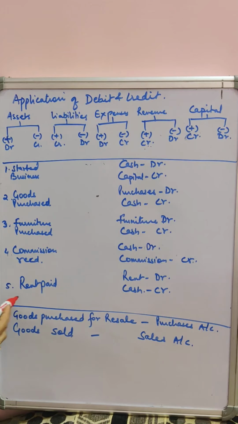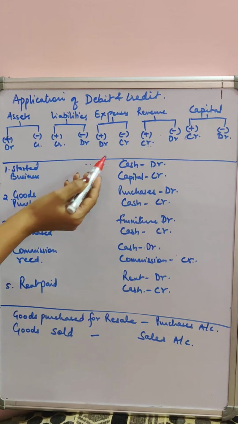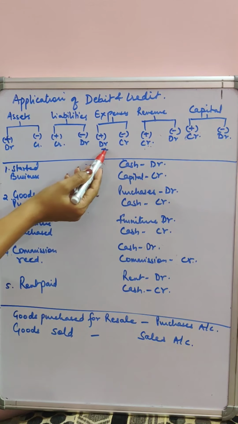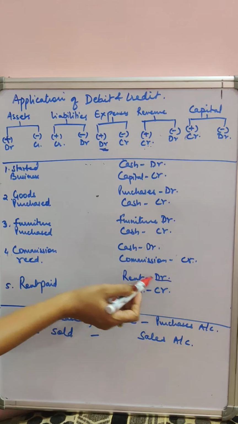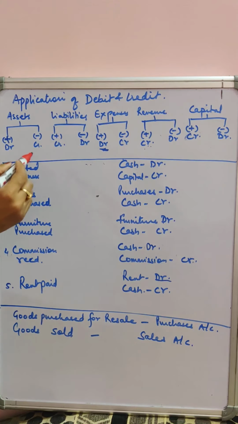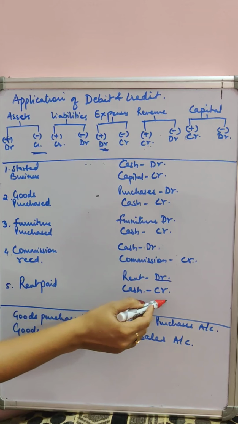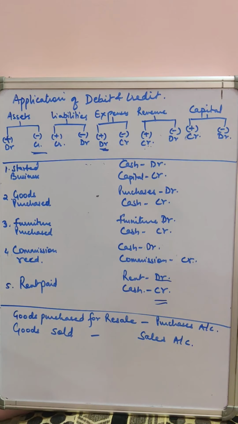Okay. Next, rent paid. Again, when we are paying rent, that is part of your expense. How do you pay rent? Either by cash or through check. Here the question is silent, so by default we are going to consider it a cash payment. The rule for expense says that any increase in expense is debited. When you pay rent, your expenses increase, so that will be debited. And when you pay rent, it will reduce your cash, so that has to be credited. So this is how we are going to do it.